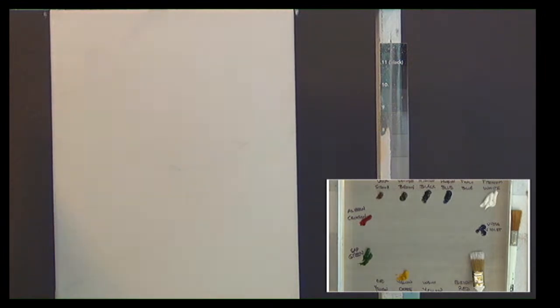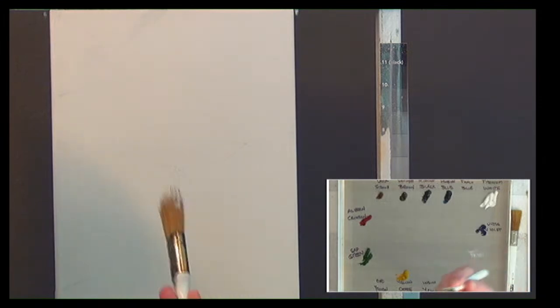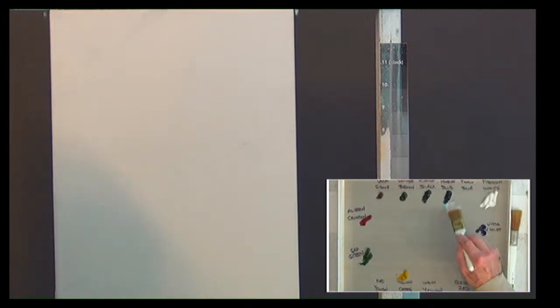Okay, so I'm going to use my Prussian blue. Prussian blue is a very powerful, potent color. I'm going to keep this white in the brush that I have here, and I'm just going to start touching in some of the blue. And it doesn't take much Prussian blue to turn this liquid white in the brush into a dark blue color. So I'm going to start here, and I'm going to start trying to get this color that I see in the original photo, and